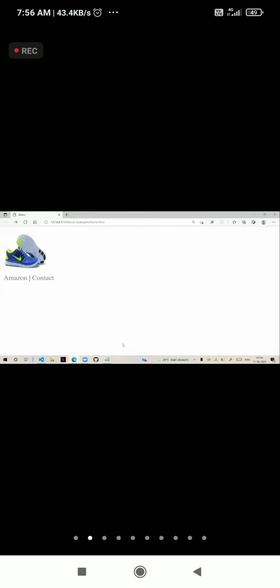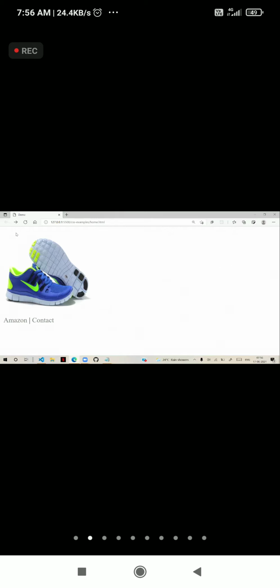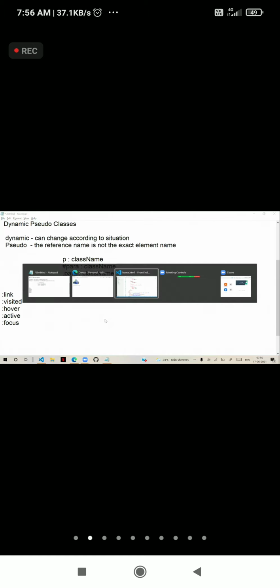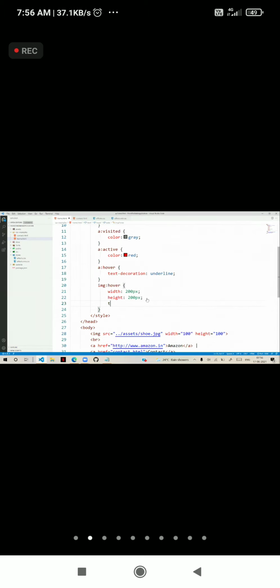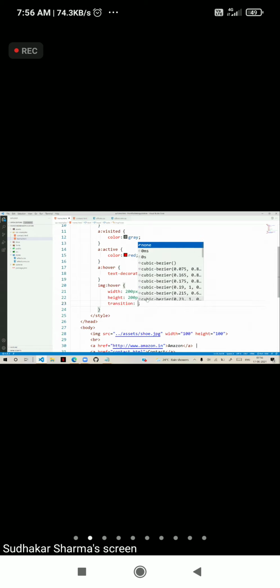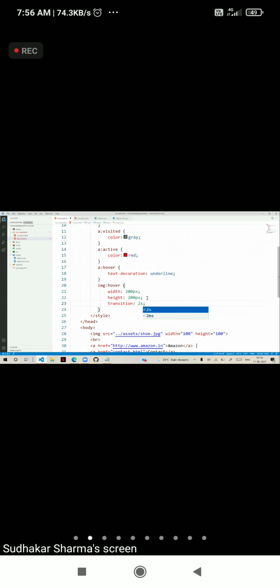To change from ordinary to hover, and again from hover to ordinary, it is taking just a very short time. What you can do is write here transition, 2 seconds. Transition you can give in timing. So if I give transition 2 seconds, that means to change into this 200, it will take 2 seconds.